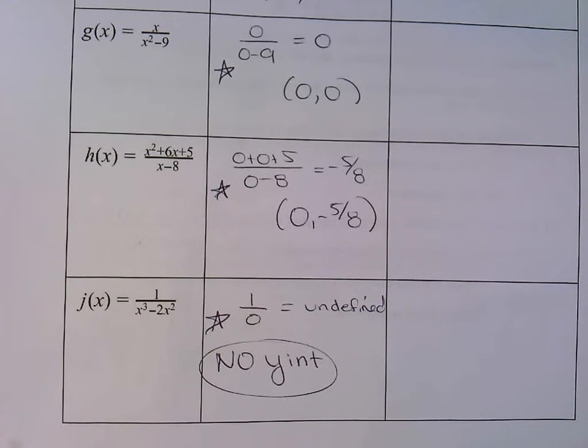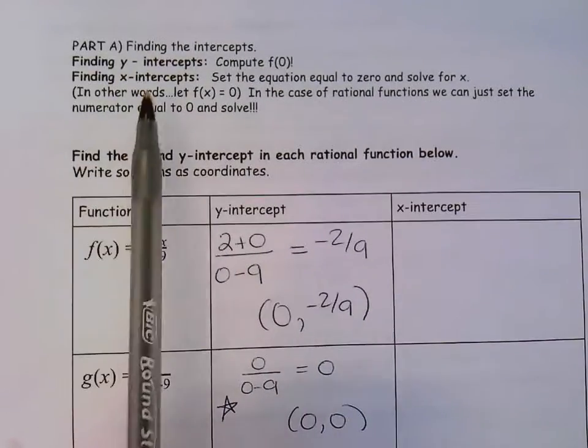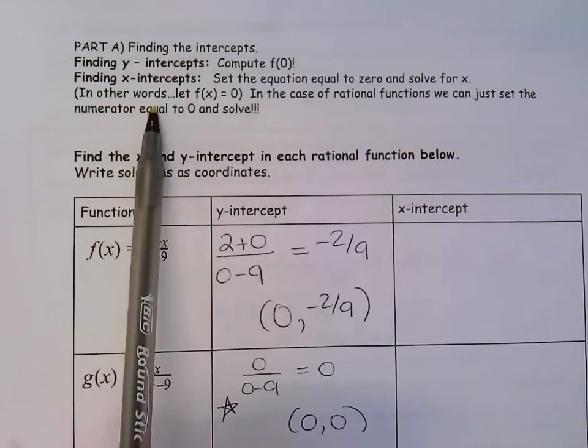Any questions on that part? Pretty clear on y-intercept? That's always your first step. Tackle the y-intercept first. Plug in 0 and see what you get. Then your next step is go to the numerator. So the reason why we can use a shortcut for the numerator, I'm just going to show you why this